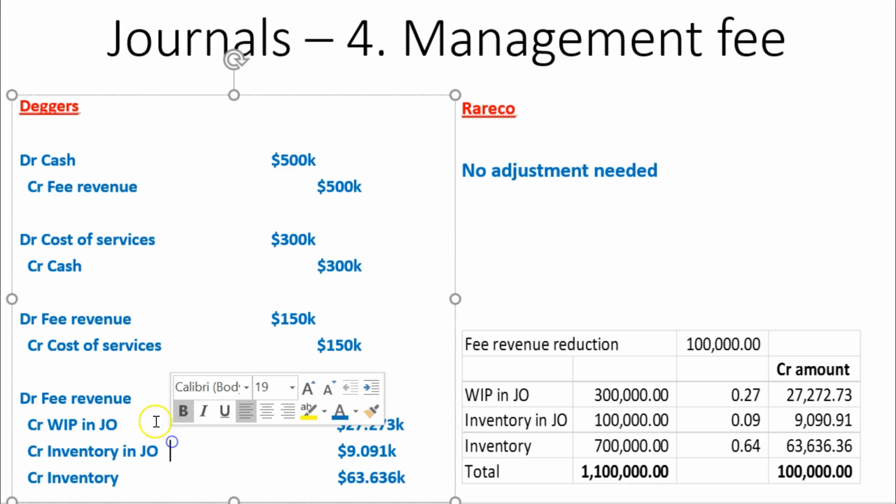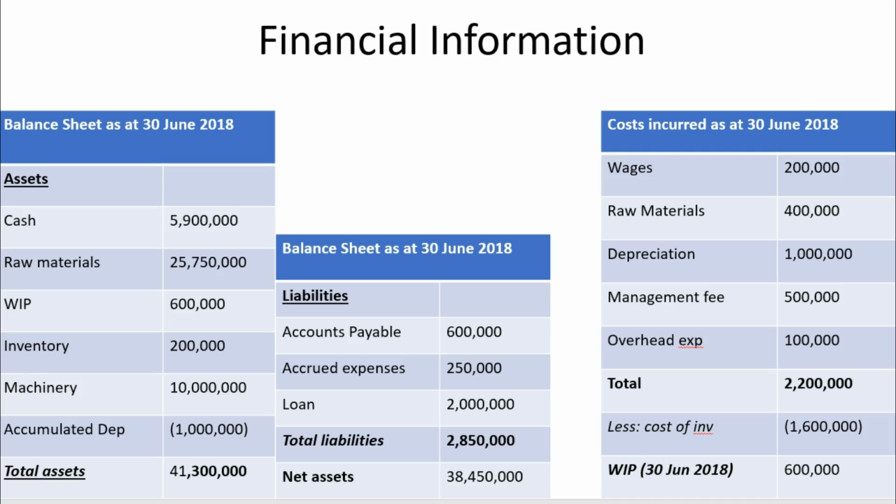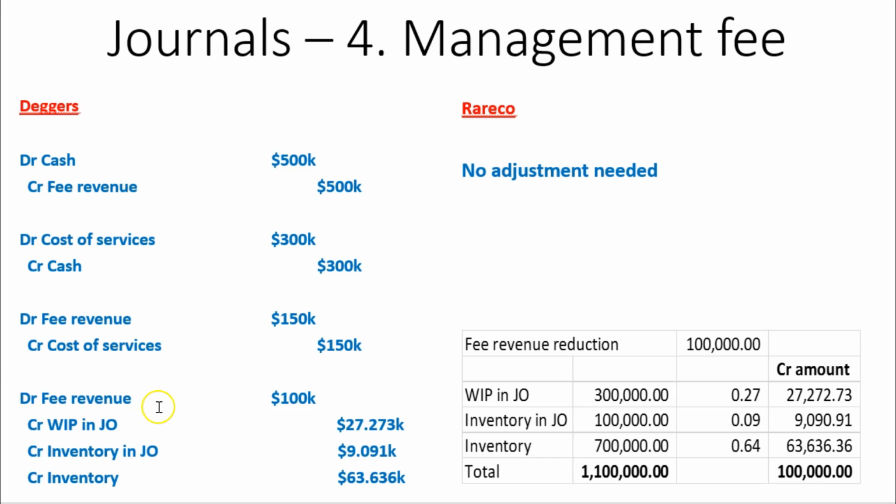And we're crediting our WIP, inventory and JO and inventory accounts again. Now, the reason is the same as what we did in the previous depreciation expense adjustment. Because in our cost incurred statement, the management fee is capitalized in the cost of inventory. So we need to actually reduce the value of our inventory by